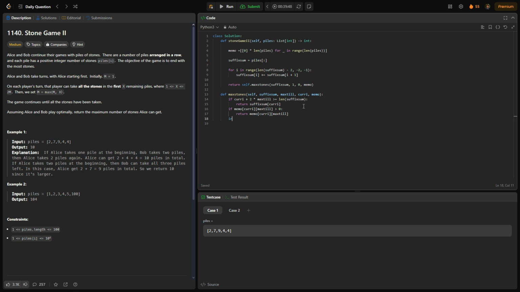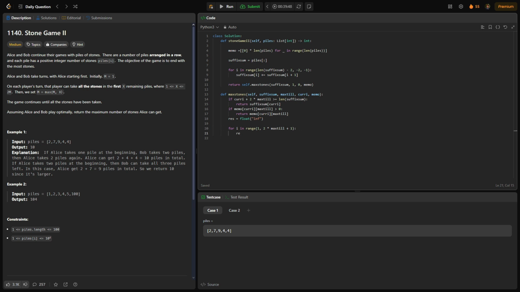So we're going to have our result, which is going to be equal to a float, which we can equal to infinite, because we want it to be equal to a max value. Then for I in range 1 to 2 times our max till plus 1,